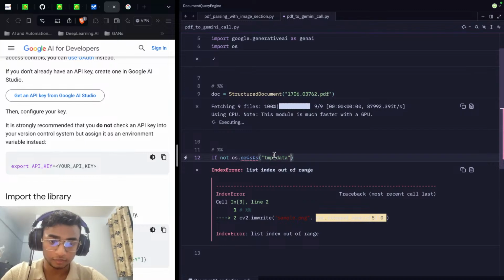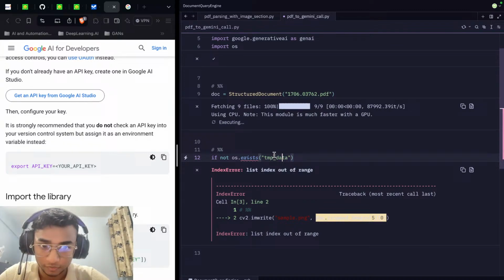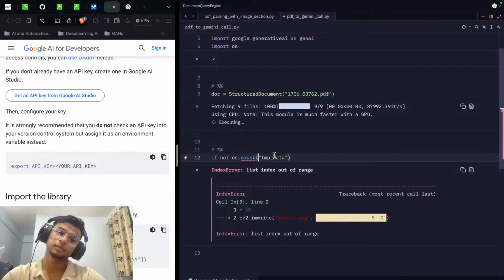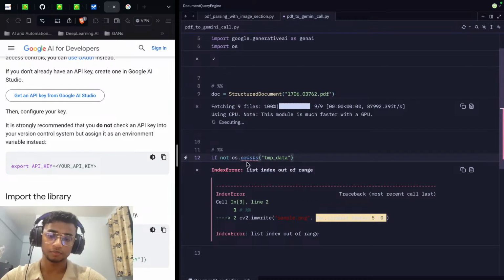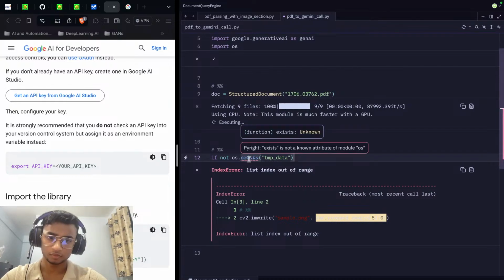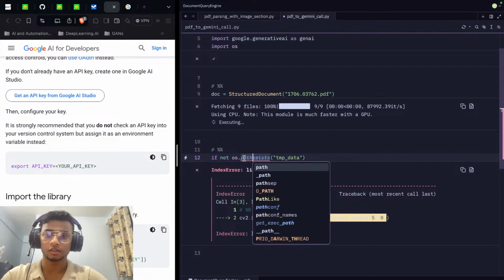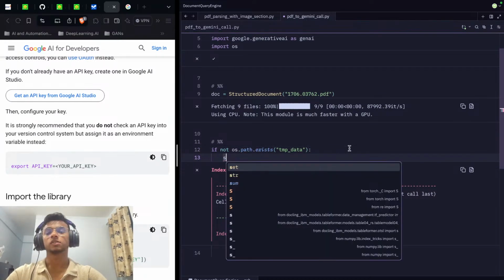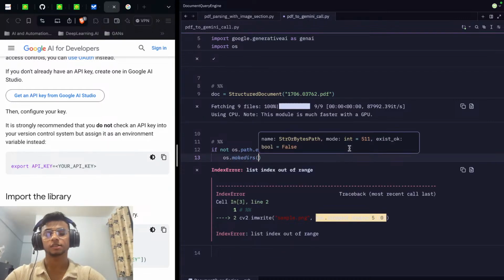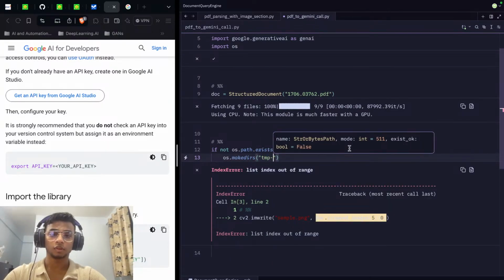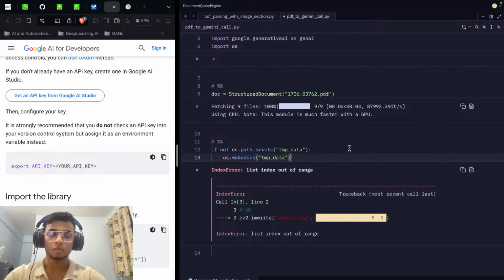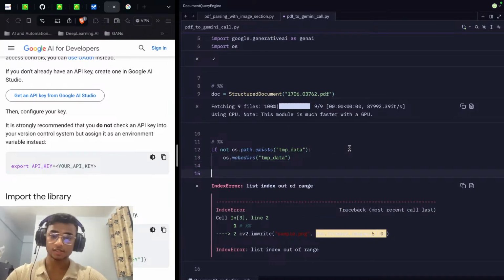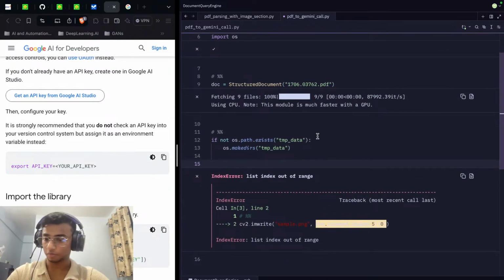temp data exist. I think that's it. I don't know why there's a problem. os.path.exists. Yep, very rusty on that. So os.makedirs temp data,